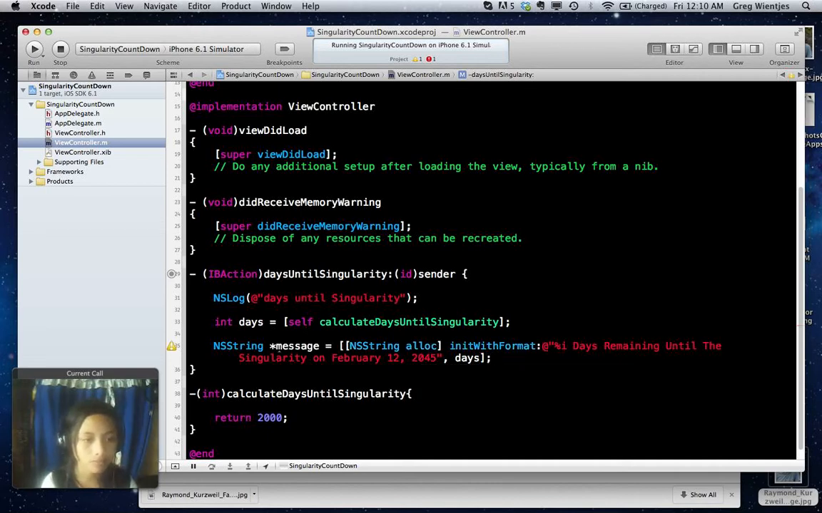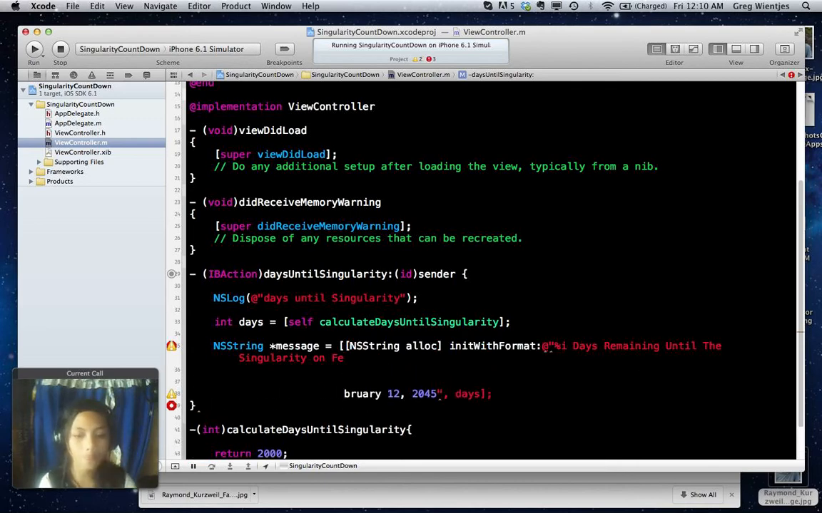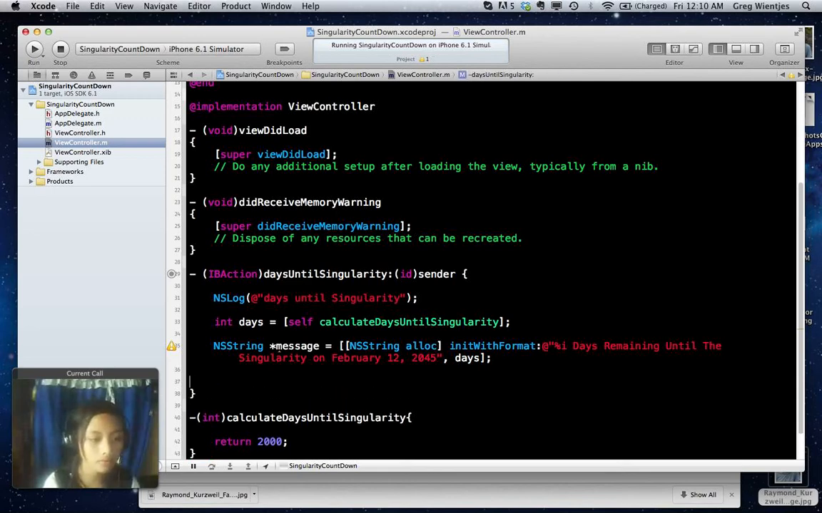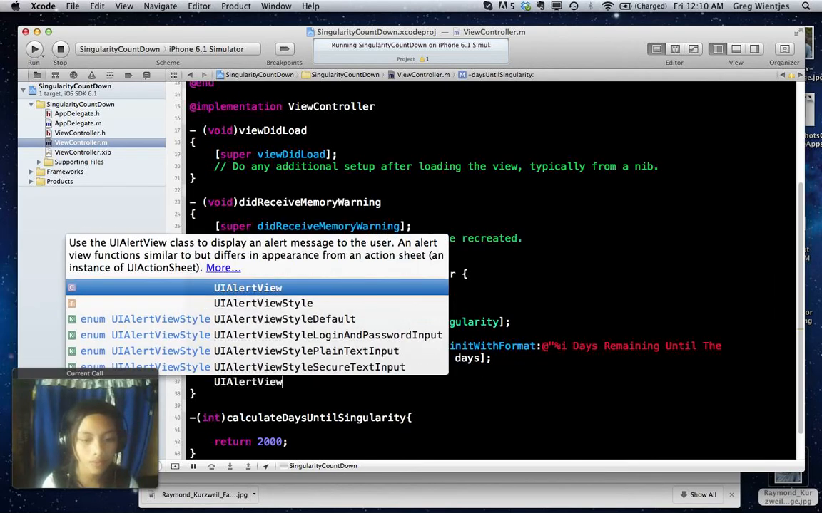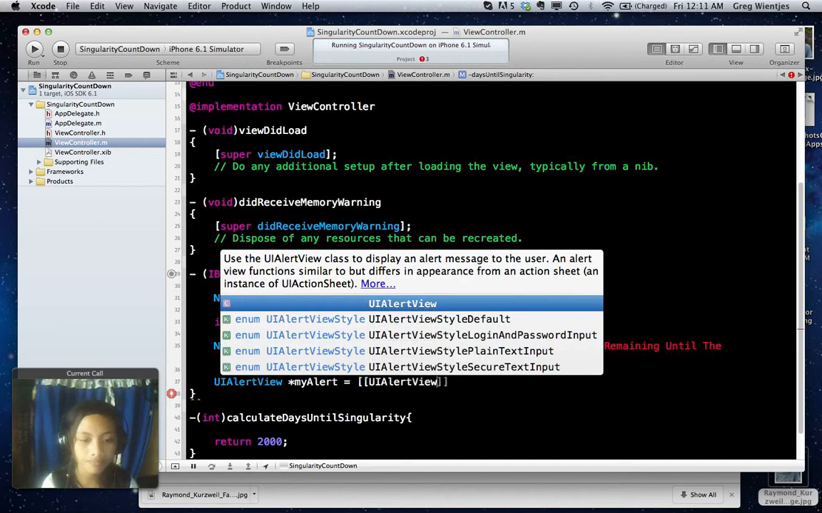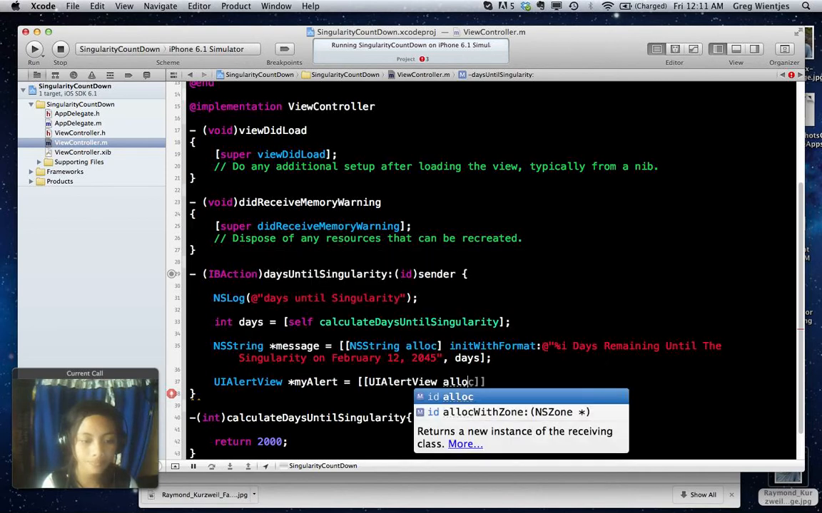Okay, now this is our message. So that should be loaded up nicely. And let's go ahead and make our UI alert. And that UI alert will be displaying our message. And then once that's working, we'll go back and try to get the calculation accurate. So we'll just call it my alert, UIAlertView, alloc,